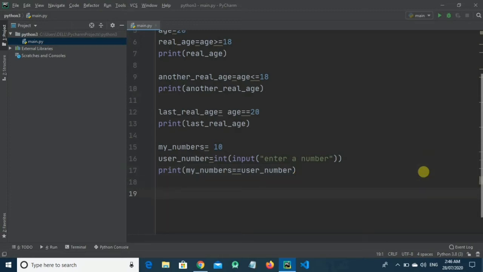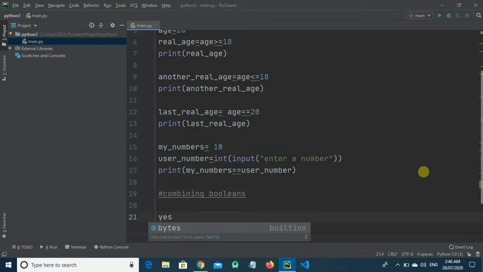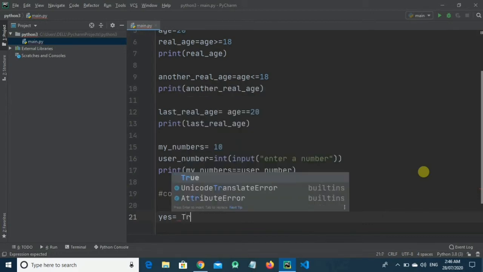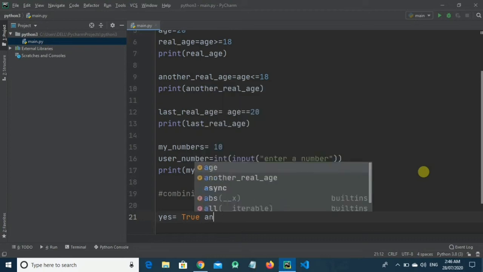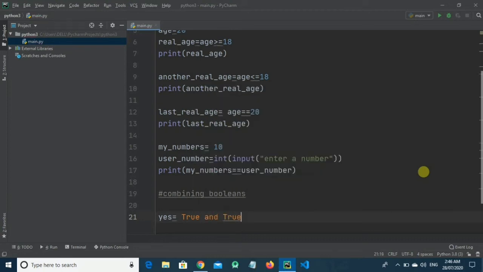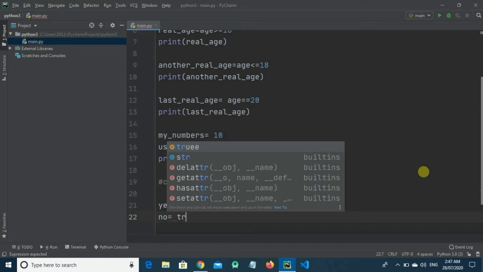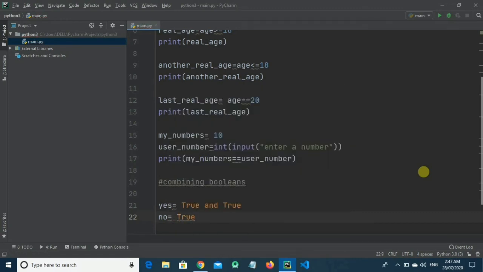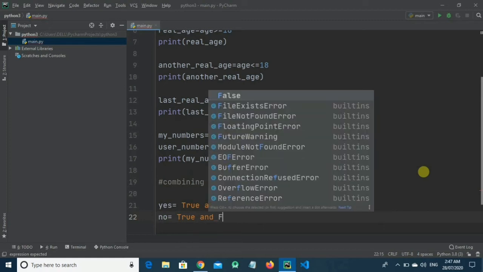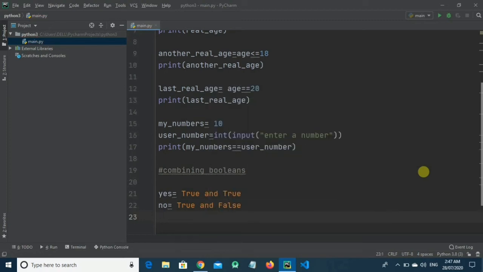Okay, now let's see how to combine booleans in Python. I will write a comment here, combining booleans. We combine booleans in Python using two operators, the AND operator and the OR operator. Let's write a variable to understand this. yes is equals to True and True, and then we will write another variable, no is equals to True and False, and we will print yes.